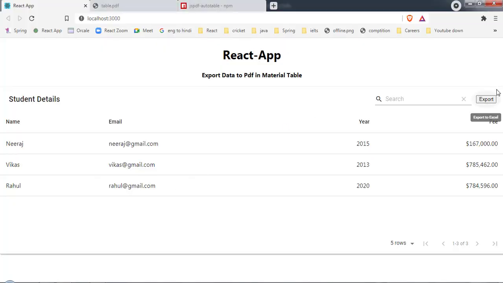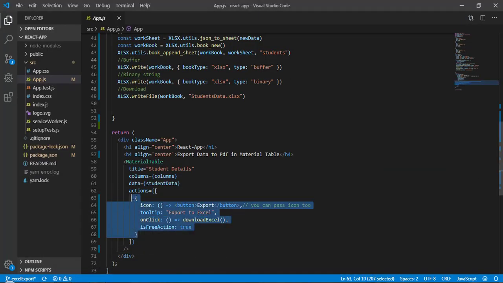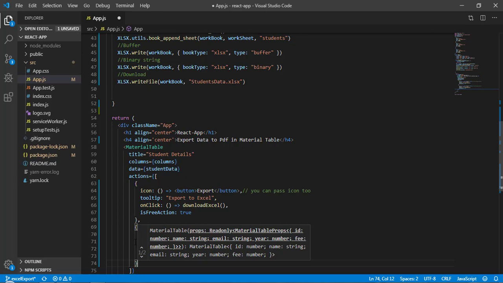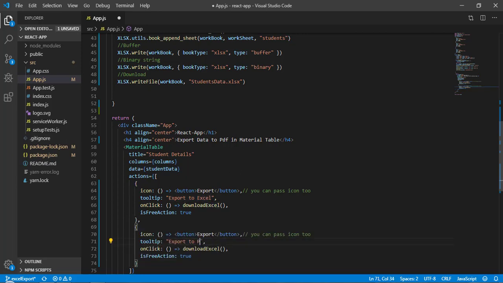Now let's add an extra icon there. So here we are rendering this action button, so we need another one for the printing. So for that let's copy the same code, separate by comma and paste it here. So we will get this again, and now here I will change this to PDF. Okay, and here I am going to call a different function, and that is called downloadPDF. So here downloadPDF, and this time I am not going to render this button. So here I will be rendering an icon.